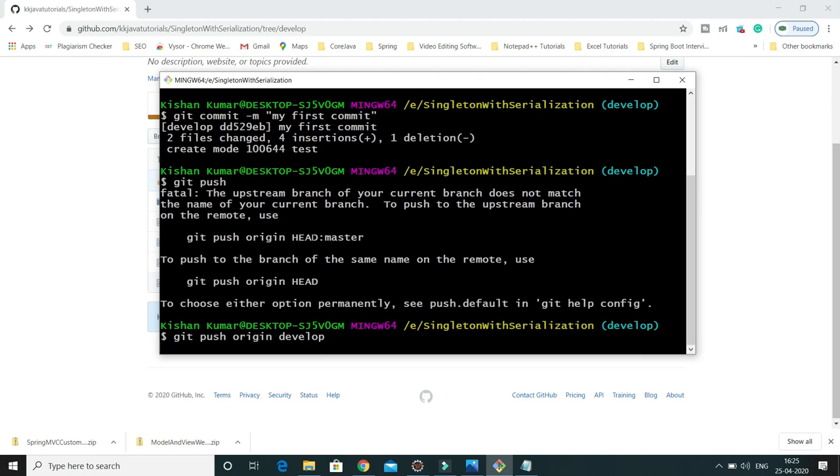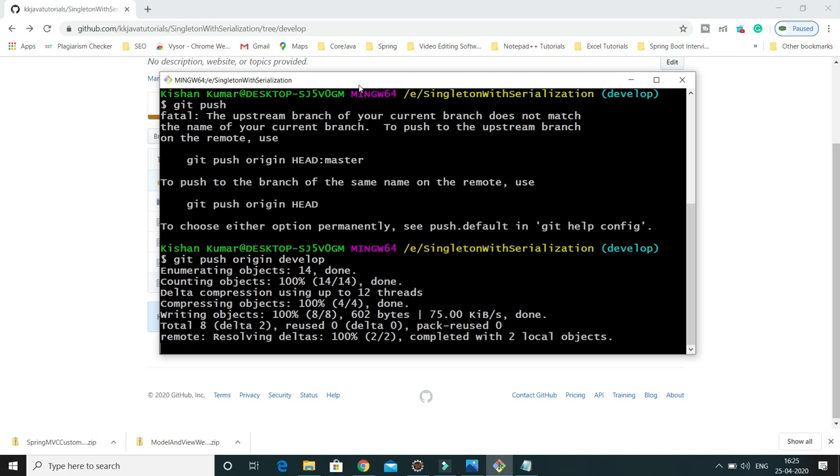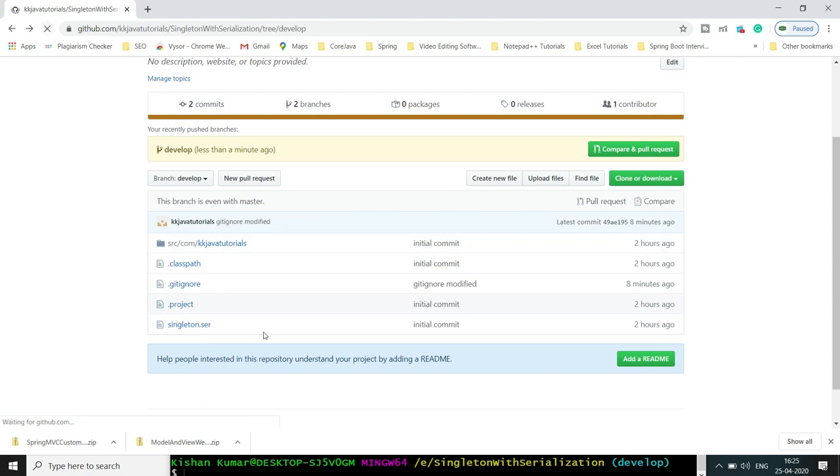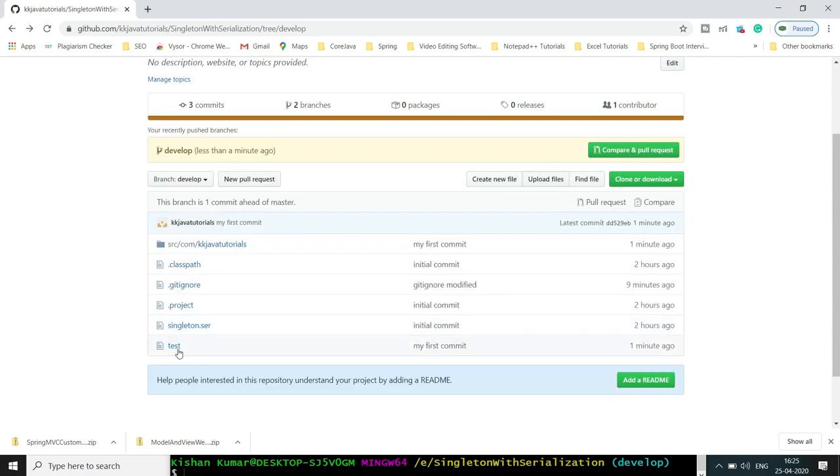Now my changes are going to be pushed to the remote branch. Let's refresh, and you can see the test txt file has been populated, which means it is visible on the remote repository.